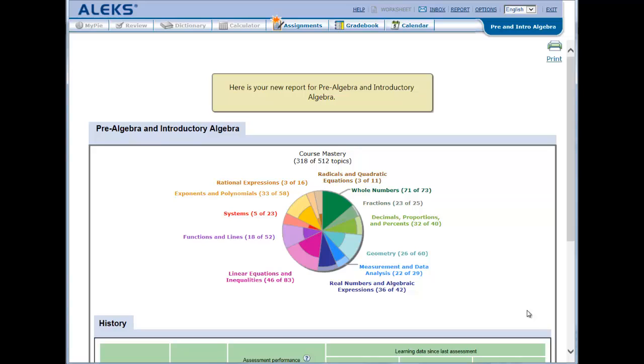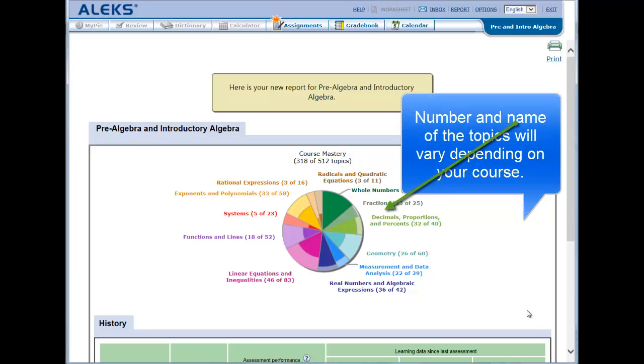Once you have finished your initial assessment, this is the kind of report you will see. Remember, different students will have different amounts of pie mastery at the beginning, but each one of you is going to complete the entire pie by the end of the semester, no matter where you begin. The names of the topics that you see here are going to be different depending on the course you're using